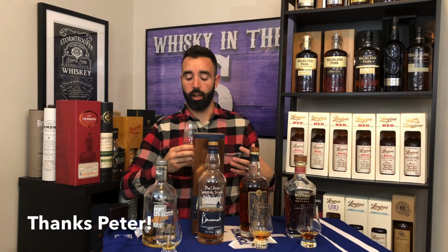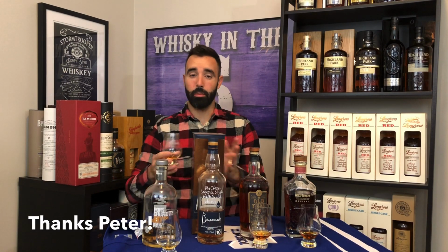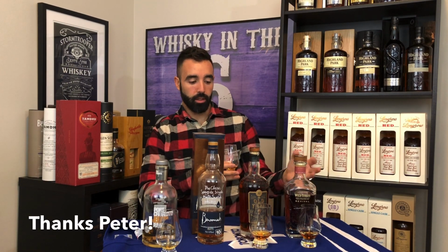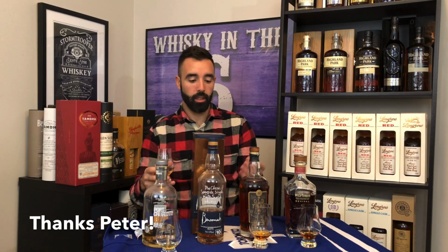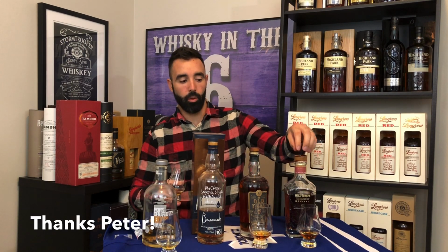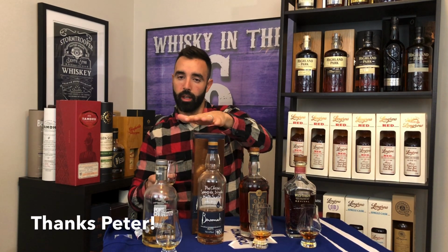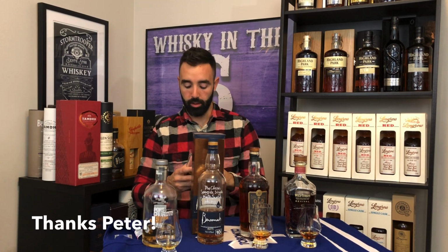Nice peat notes right off the hop. As you can tell, I went from bourbon to peated whiskey because to stand up to the robust flavors of a bourbon, I feel like peated whiskey does that best. I also wanted to go from left to right because I didn't want the smoke taste from the peated whiskey to interfere with my palate when it came to the bourbons. So